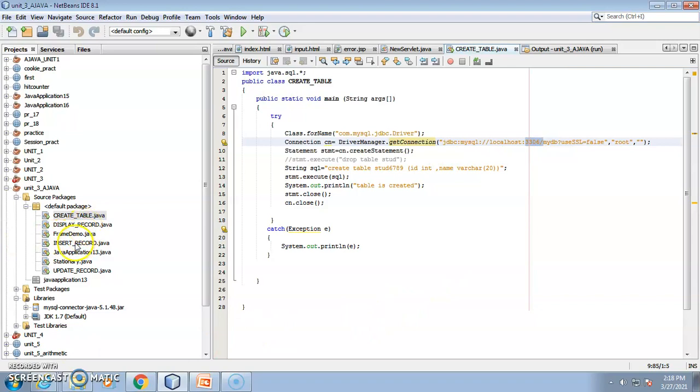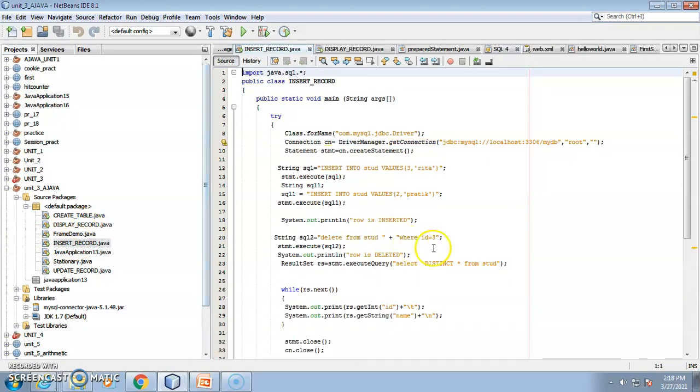Now we have to insert the record. The second thing, here you can see these are all SQL statements. Here we have inserted the record. Here the database name is MyDB. Inside the database MyDB there are a number of tables. The table that I have used here, I think, is student.